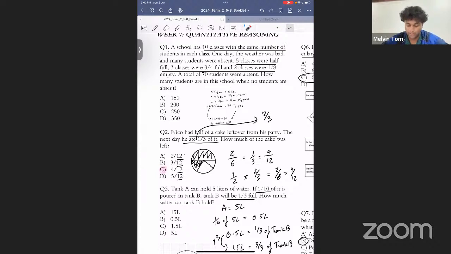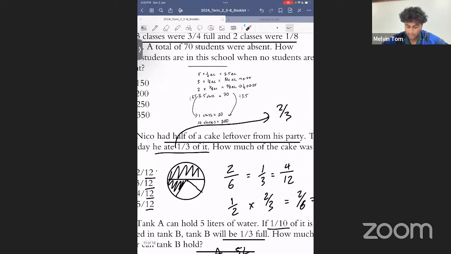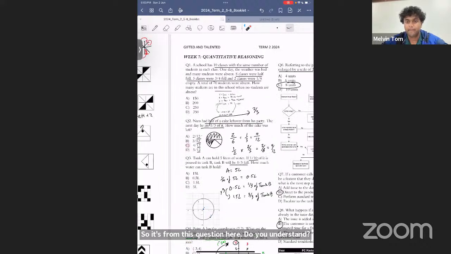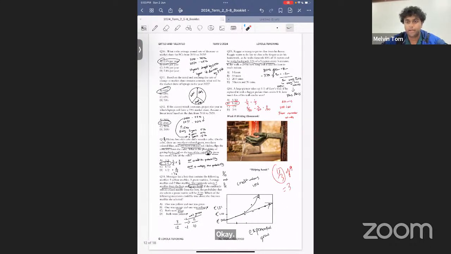Where you get 2/3. Okay. Oh no, that 2/3, my friend, that's from this question here. So it's from this question here. Do you understand? Okay. The ending where the percentages come and